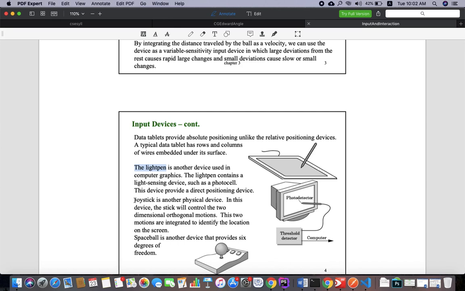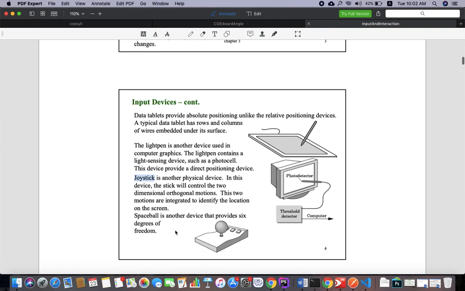The another one we have is a joystick, right? A joystick you might be knowing. There are two-dimensional orthogonal axes. We can move it along the sticks, both in the x and the y direction. The joystick is one of the devices majorly used in games. You already know this.